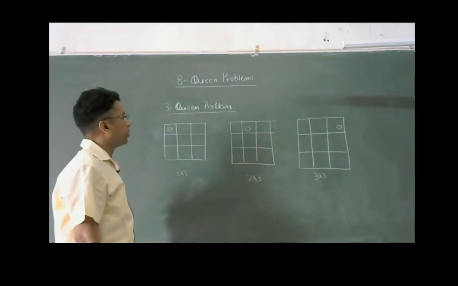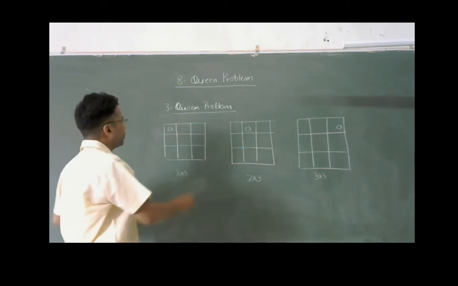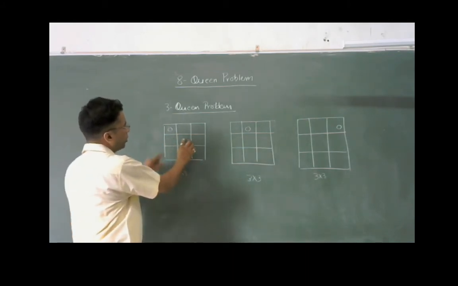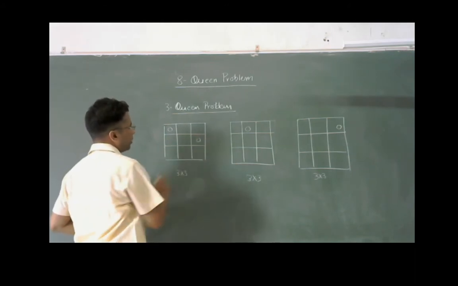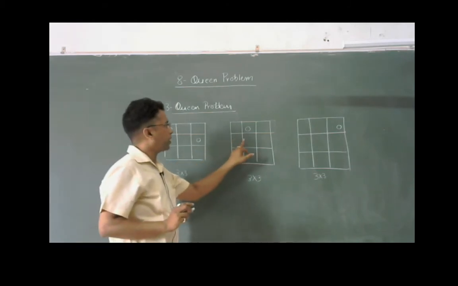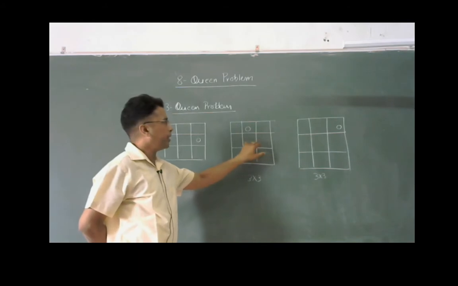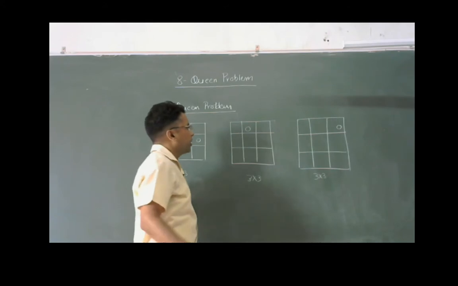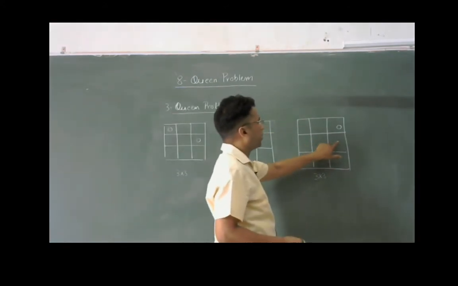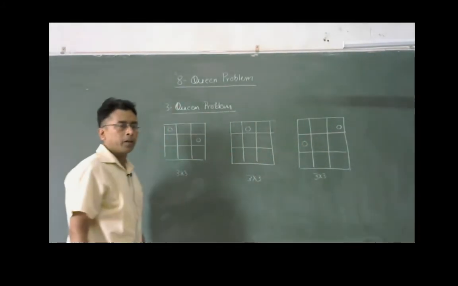After placing the first queen, we can place the second queen. In this case, the second queen cannot be placed here, the second queen cannot be placed here, the second queen can be placed here, right? In this situation, we cannot place our second queen in any of these blocks because in all these positions, the queen will be in direct hit range. Similarly, here the queen cannot be placed in this block because this will be hit directly, but we can place our queen here, right?